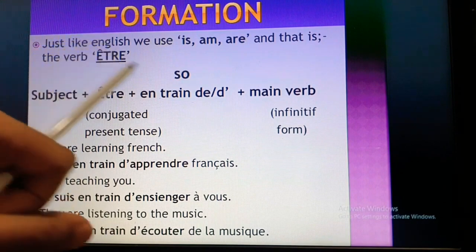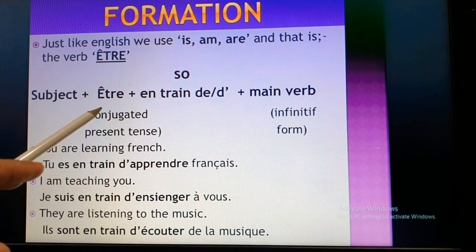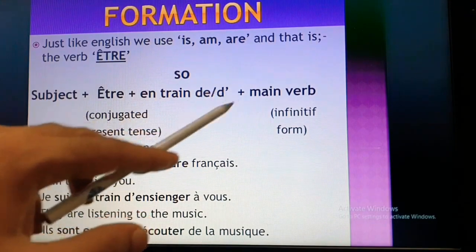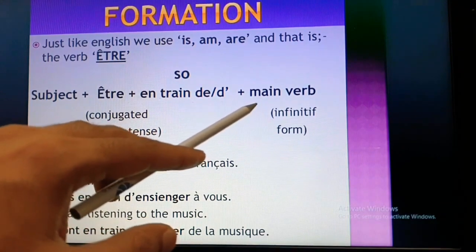So the formation of the present progressive is subject plus être plus en train de, or en train d' with an apostrophe according to the main verb,